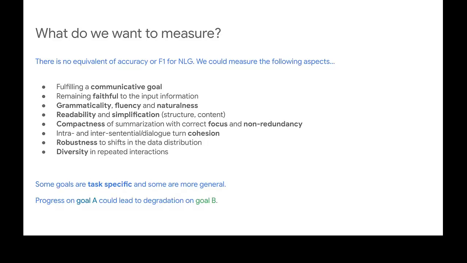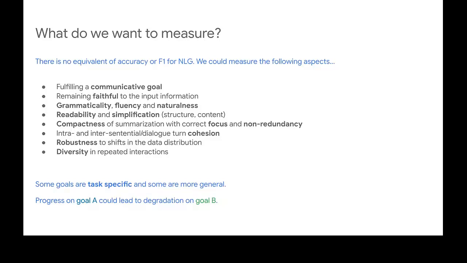Since the output space is so incredibly large, I mean, we can pick from all of the language, all of the vocabulary at every point in time and choose over and over different words. The space is much larger, and something that is phrased completely differently might still be correct. So what we need to do instead is we need to characterize the output somehow. And we can do this in terms of very different aspects.